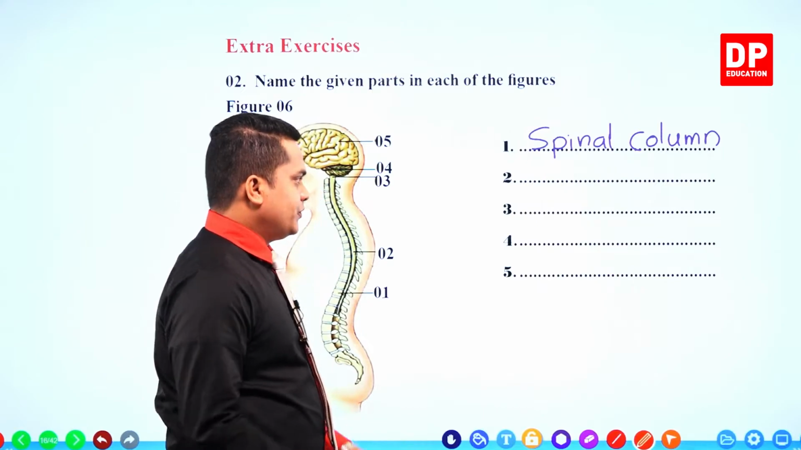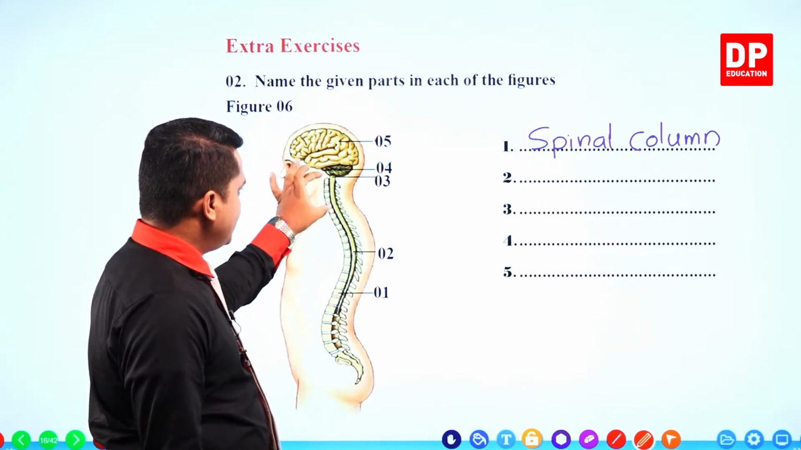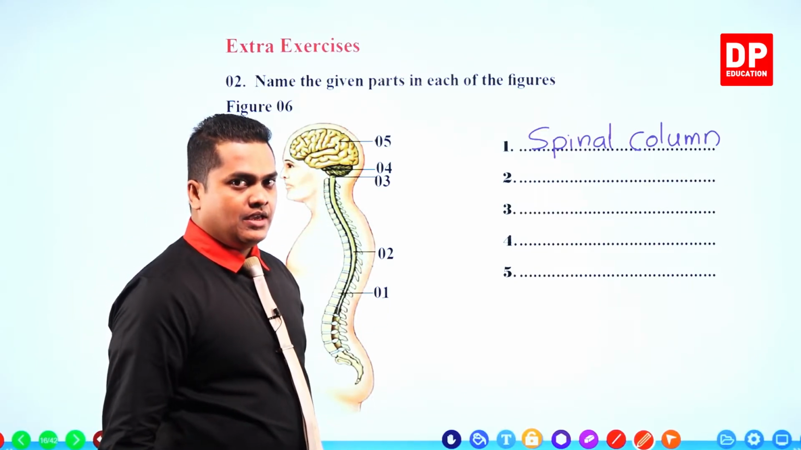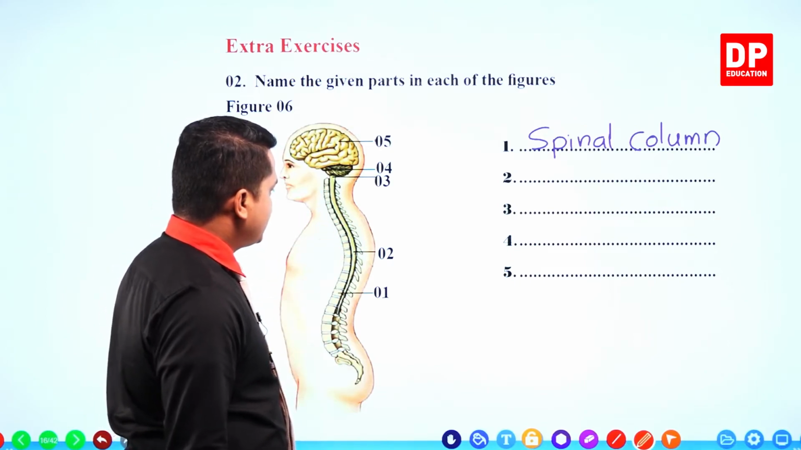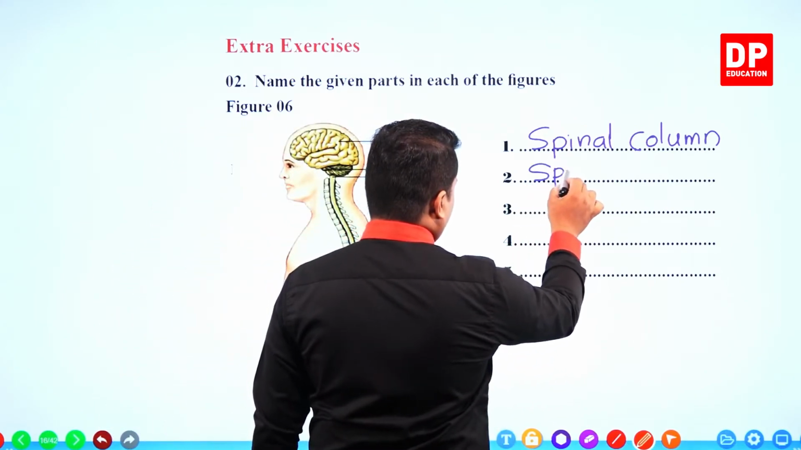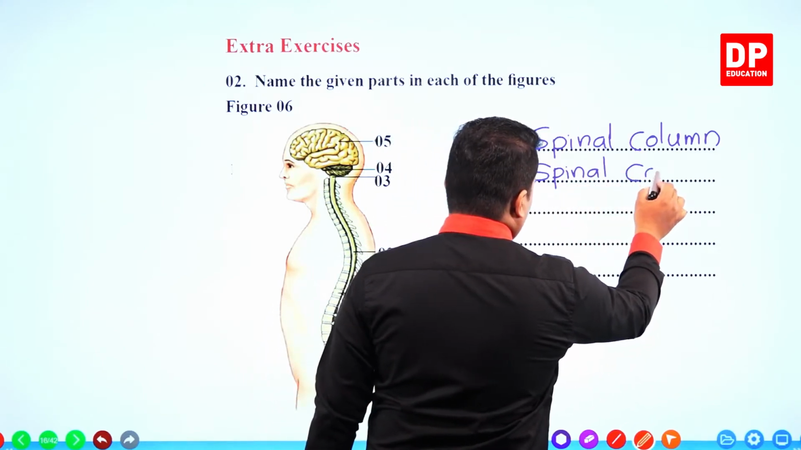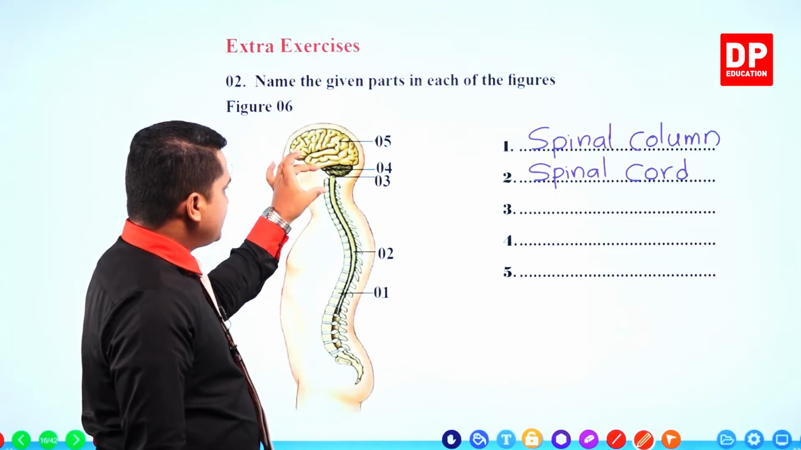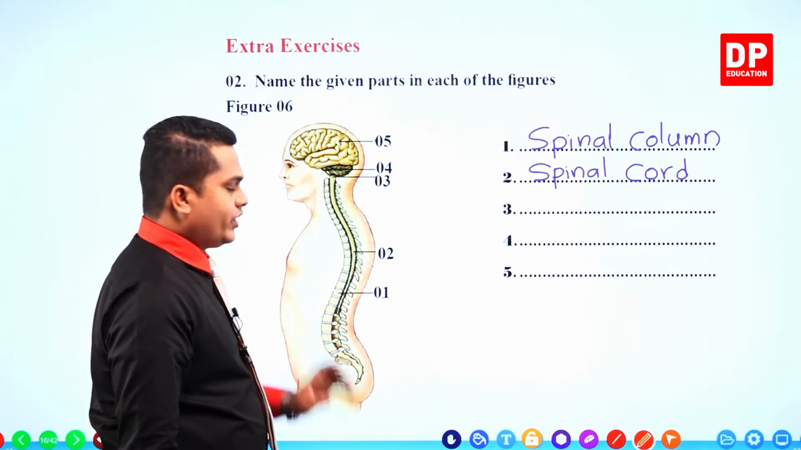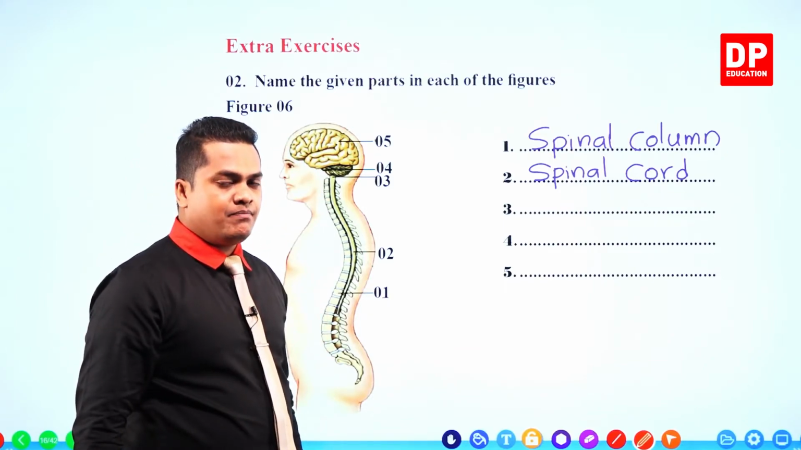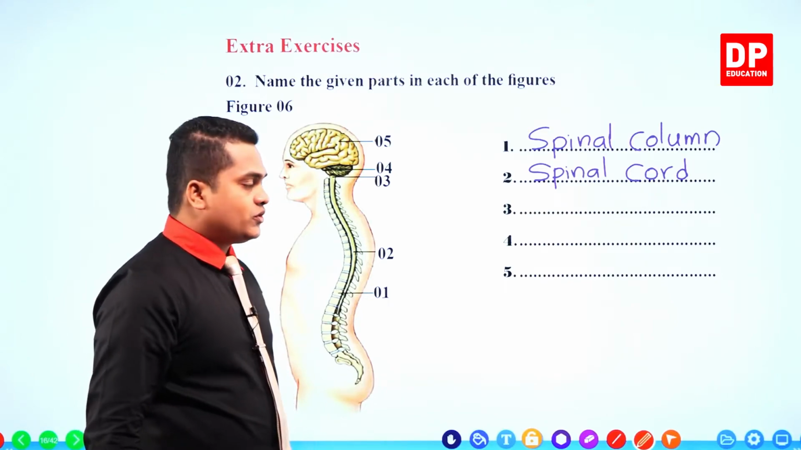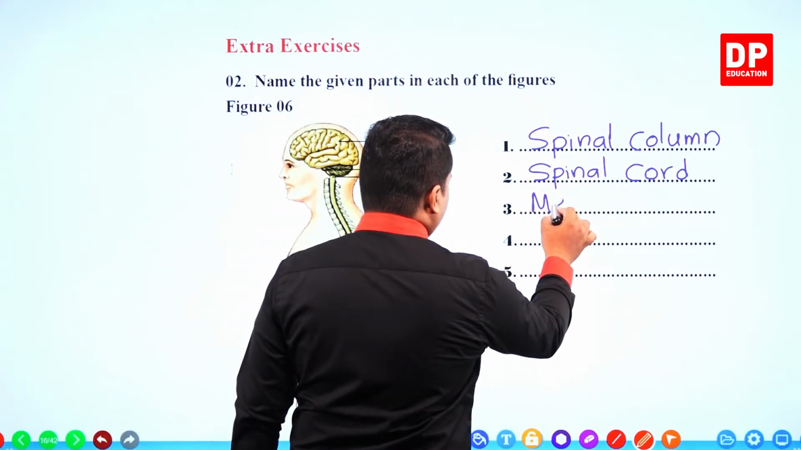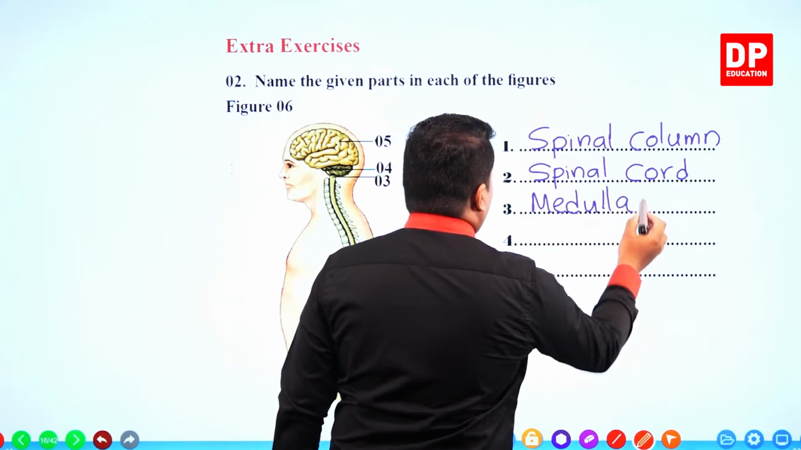So the next one, number 2. If you check number 2, this is the spinal cord which runs through the spinal column. Okay. So number 2, spinal cord. Number 3 is the starting part of the spinal cord, right? So the starting part of the spinal cord is referred to as the medulla. So number 3 is medulla,